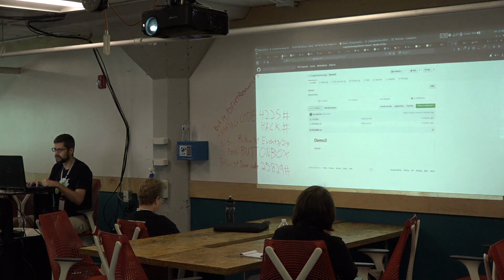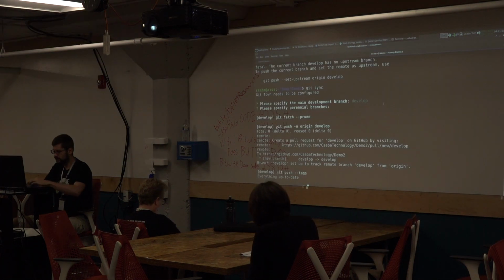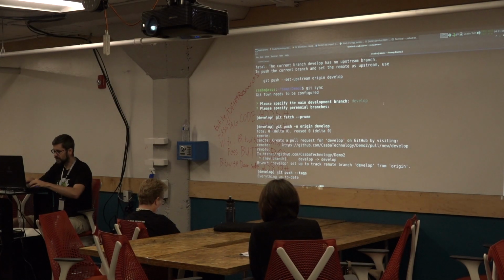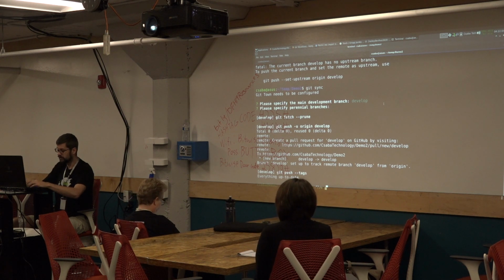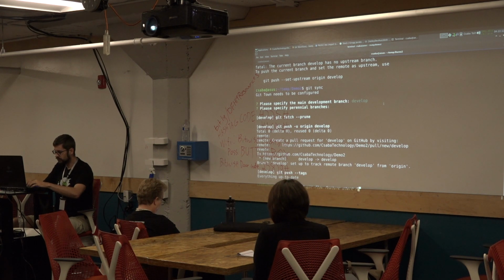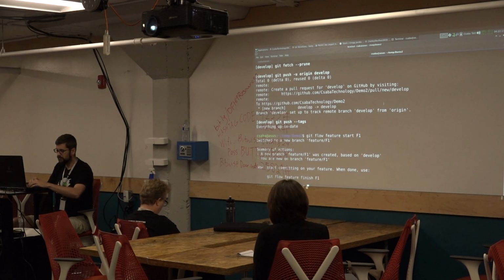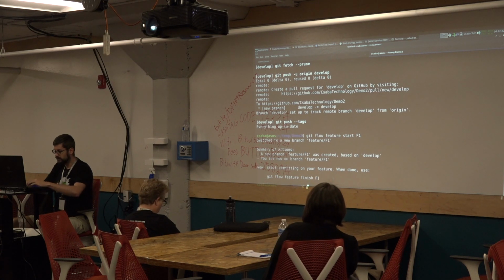So let's look. So the developer branch is already there. And if I say here git, so I am mixing git flow and git town. But I will show you how you can use less git flow. I'm not against git flow, by the way. So I say git flow feature start and okay, this is very sloppy. But now I am in feature. You remember that was the convention, feature F1. And so